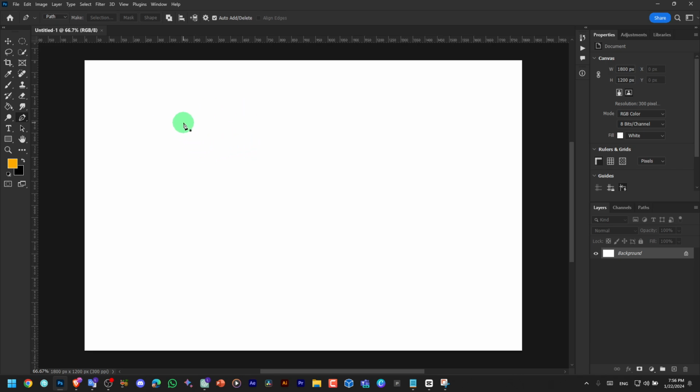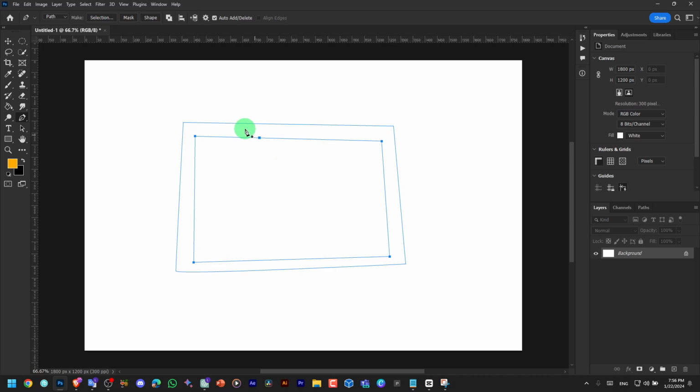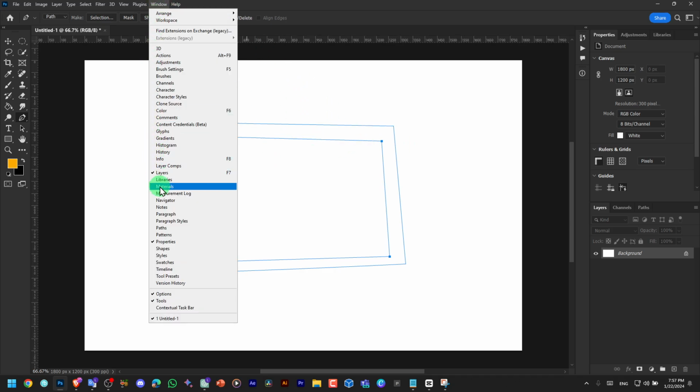now simply create a path, and now I'd like to create another one. Perfect. Now to create a selection, what you can do is go to Window and make sure you